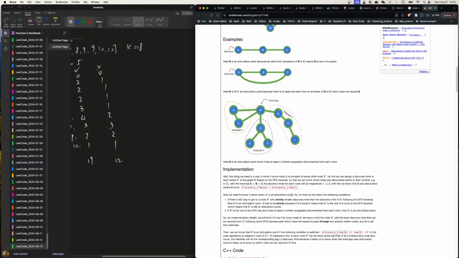If some U is in, there's no way to get to a node V with strictly smaller discovery time. That is good. So the discovery time of U, if we have a node whose discovery time is smallest